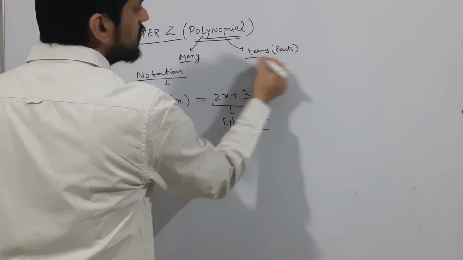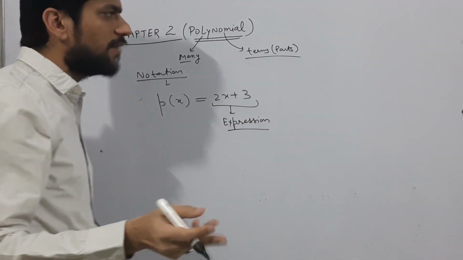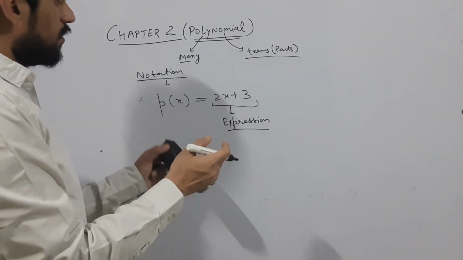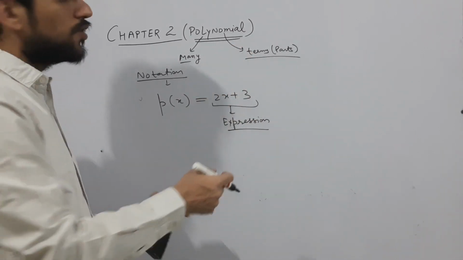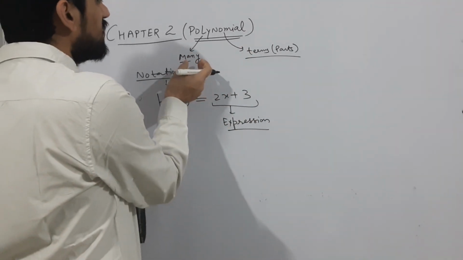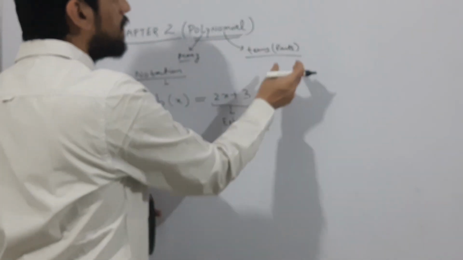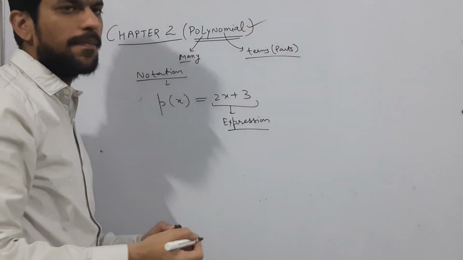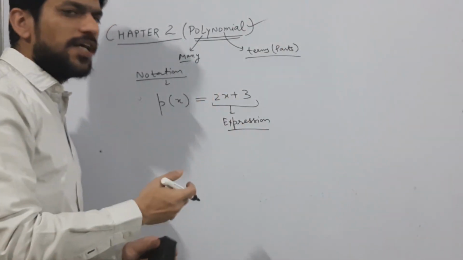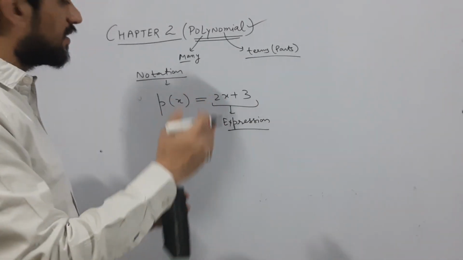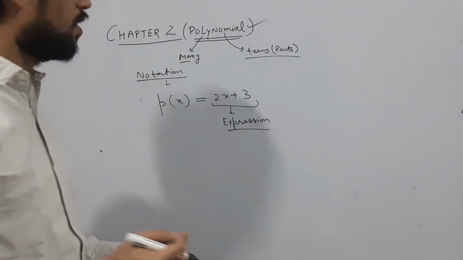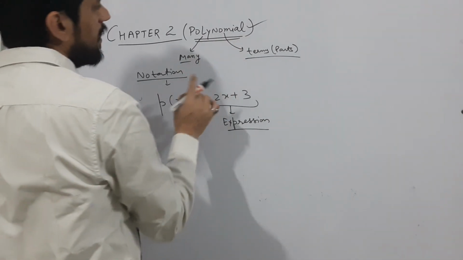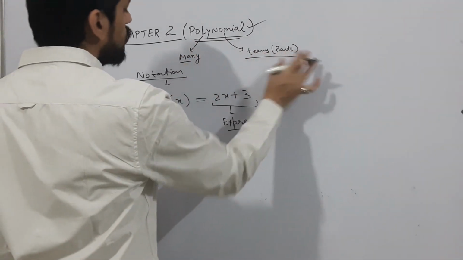And we understand the concept of terms. They are separated by plus or minus. If you take individual terms and connect them by plus or minus, they become terms. So any expression which contains many terms, which has many parts, is known as a polynomial. Those parts include some constant value, some variable, connected with plus or minus, but the must condition is the power of the variable should be a whole number. So polynomial means an expression that contains many terms or parts.